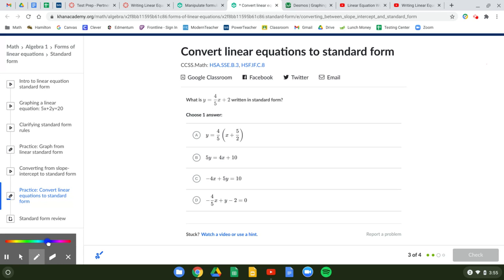And this is a good one to look at, because whenever you have fractions, this is just a good idea in general. If you want to get rid of fractions, because fractions suck, remember that this is just division. 4 divided by 5. So if I want to get rid of that division, I can just multiply everything in the problem by the denominator. So if I multiply every piece by 5, that undoes that division. That cancels my division here. So I'll just have 4x instead of 4/5 x. But everything else gets 5 times as large. So I'll have 5y